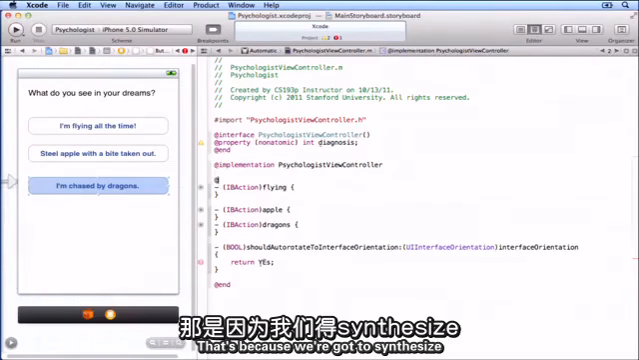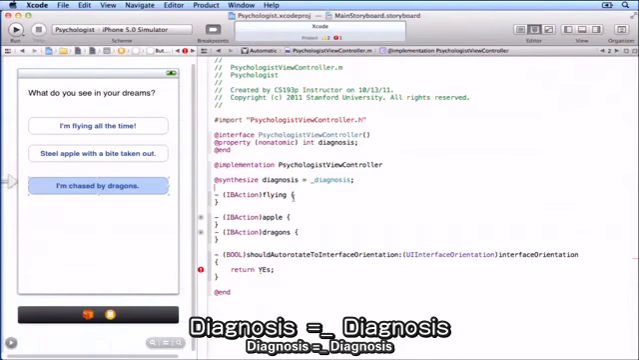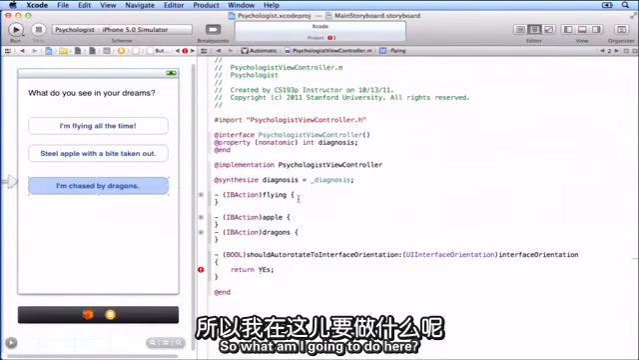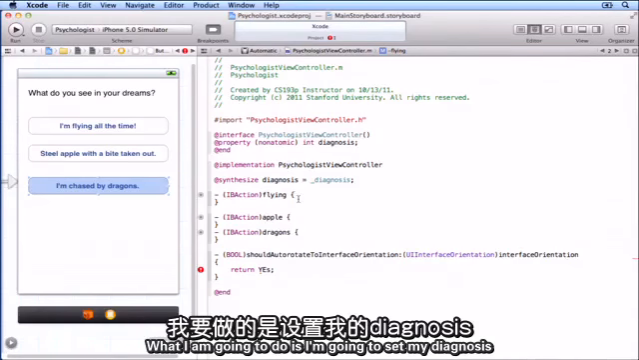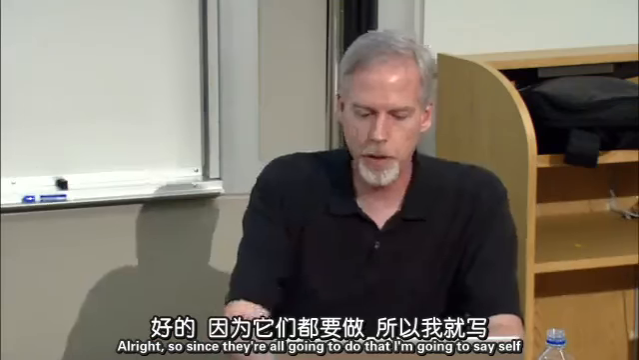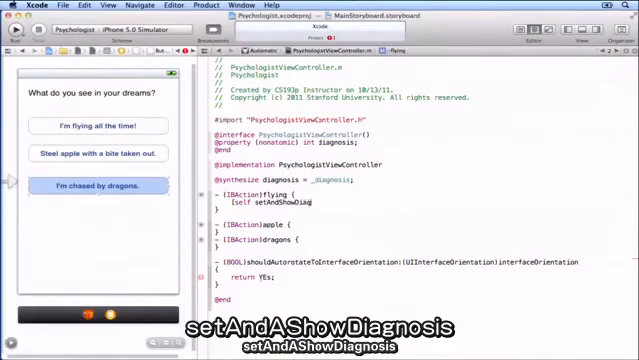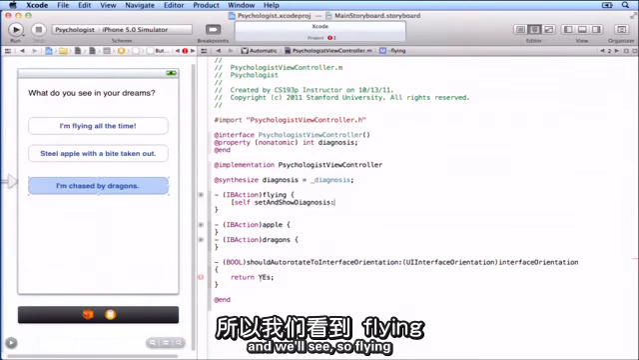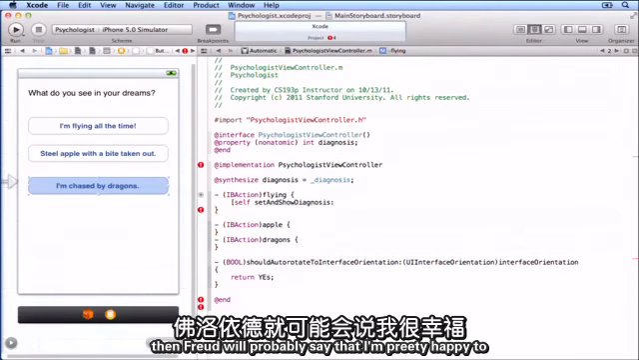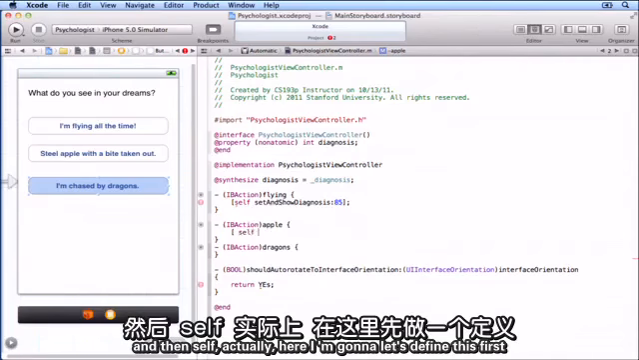So we got a warning. That's because we got to synthesize. Diagnosis equals underbar diagnosis. So what am I going to do here? What I'm going to do is I'm just going to set my diagnosis, then I'm going to segue. All right? So since they're all going to do that, I'm going to say self set and show diagnosis, and we'll specify. So flying, if I'm flying, Freud would probably say I'm pretty happy, so let's go 85. Then self,